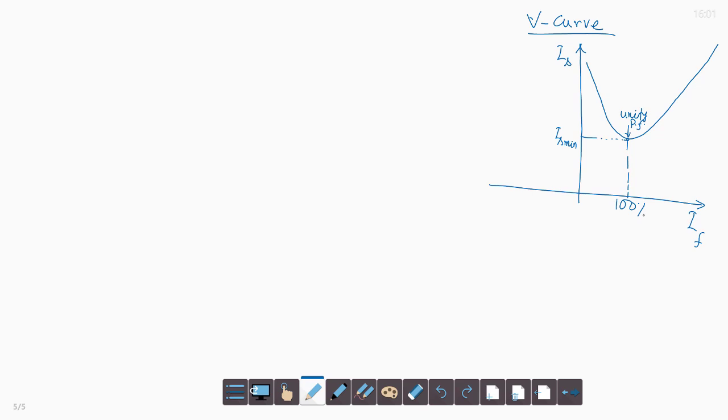And if it is over excited, that means this side, more excitation than the normal field current, this gives leading stator current, leading power factor, and which causes demagnetizing type. Stator current is demagnetizing type. And if excitation is less than 100%, under excited, it causes a lagging stator current. So, this is of lagging power factor, which causes direct magnetization. The stator MMF adds to the field MMF. So, the air gap MMF always remains the same.